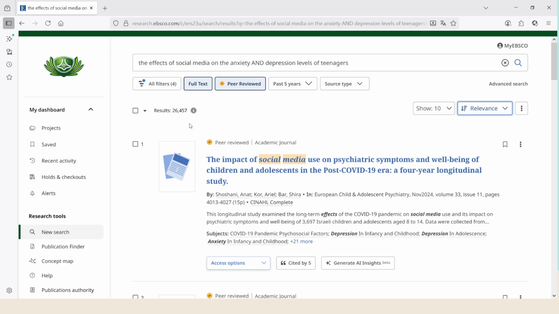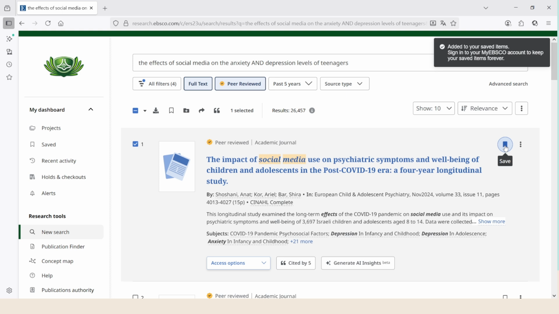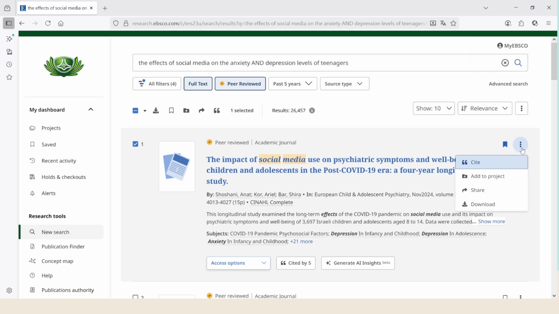You will also notice these tick boxes here. If I tick a box, a number of options become visible and I can download, save, or cite. You can also notice I can save an article by clicking on the bookmark, and I can access a menu from these three dots here.